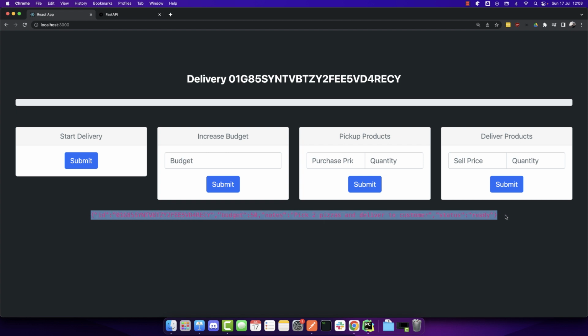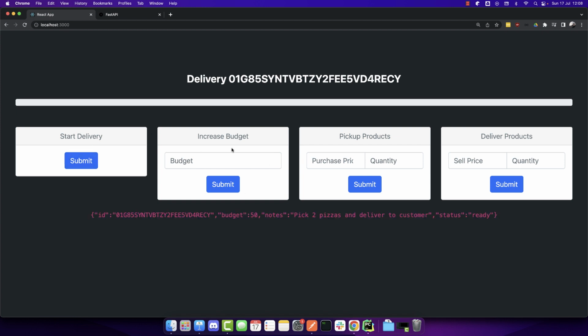So this JSON is the object that we create on our first submit. This object here will change once we submit these events. While we deliver a product, it may have a lot of events: starting the delivery, increasing the budget, picking up products, delivering products, and many more. But I will keep these events very small because they can be a lot. And once I submit these events, this JSON will change and this progress bar here will